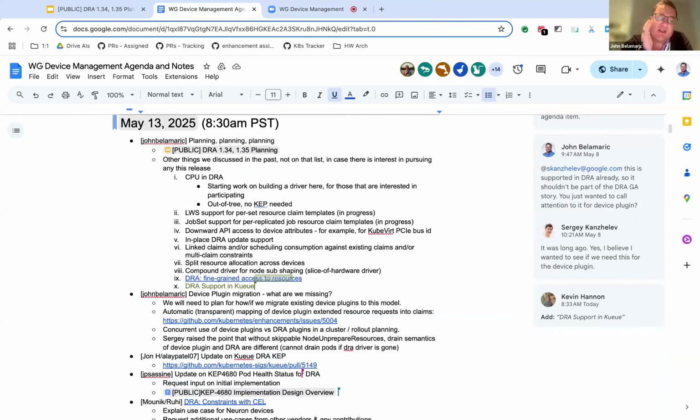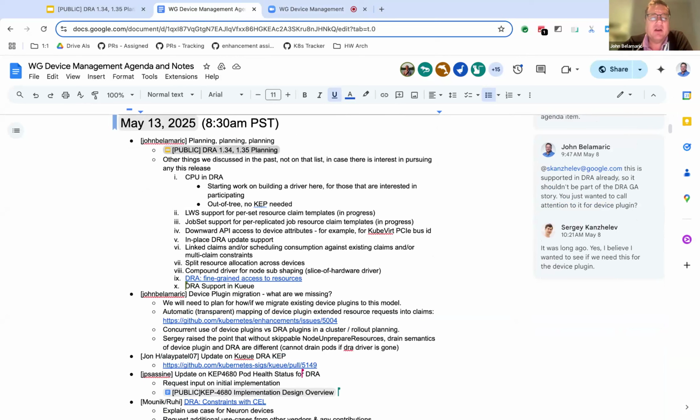First thing on the agenda is planning. And I think if I go through this whole list, we will do nothing else, and I'm not sure that's the best use of our time. There's a lot of other items here, but I do want to spend a little bit of time on it. So I have two lists here. The first list is linked here. This is sort of our aspirational list of things we want to get done